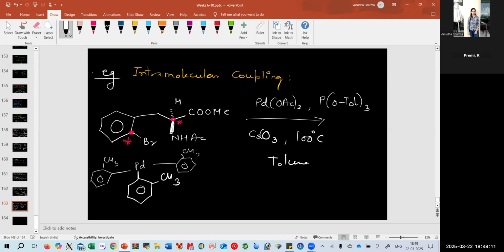And here, as you mentioned, it is a monodentate ligand, and now we are having an intramolecular thing. It is going to retain all the configuration. So what do we expect to have? We know that R is going to go up. The H is going to be taken by the cesium carbonate, which is placed over here, and you will end up having a product like this one, where this bond is going to be formed by